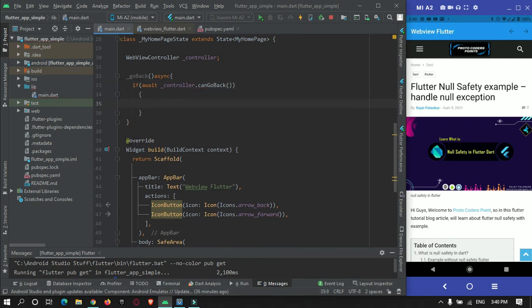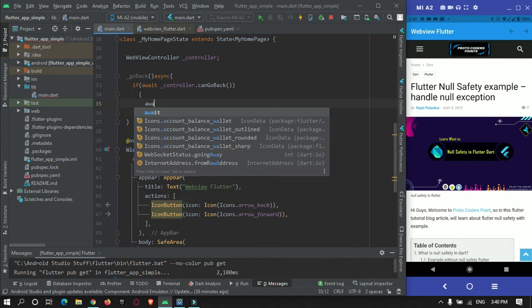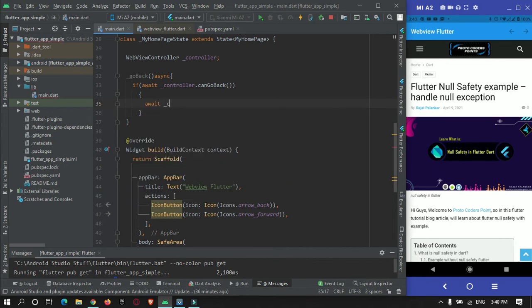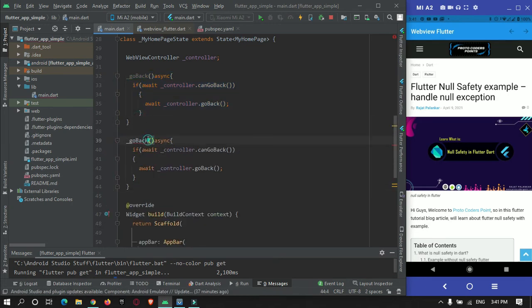If the user can go back, then await controller.goBack. The same thing for goForward. Just copy this method and paste it, rename it to forward, and use canGoForward. If a user can go forward, then goForward.